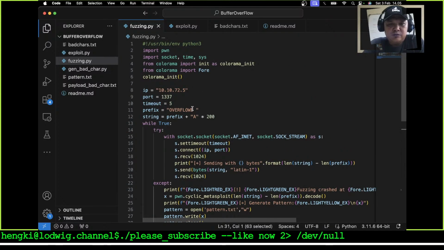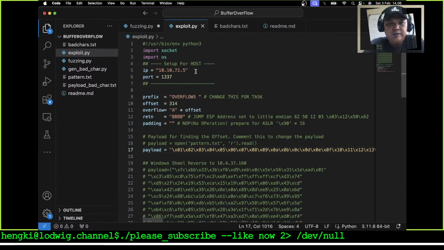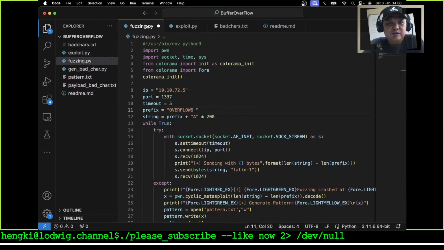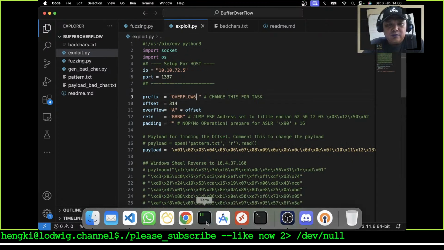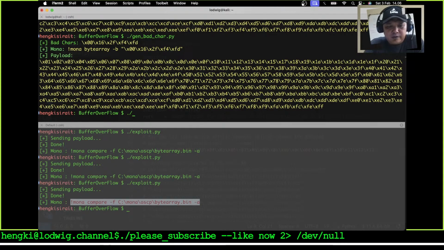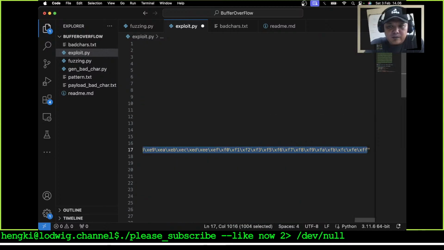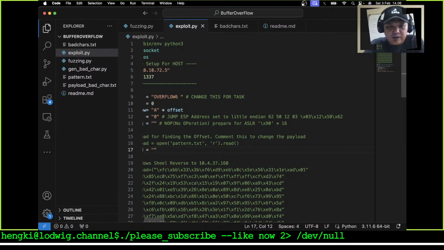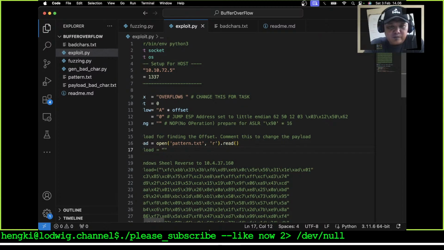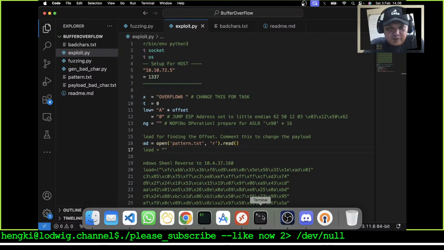We are on OverFlow 6, and save it. When the pattern passes, let's modify this offset to 0, and this offset to 0, and this offset to 0, and save another pattern. After passing,